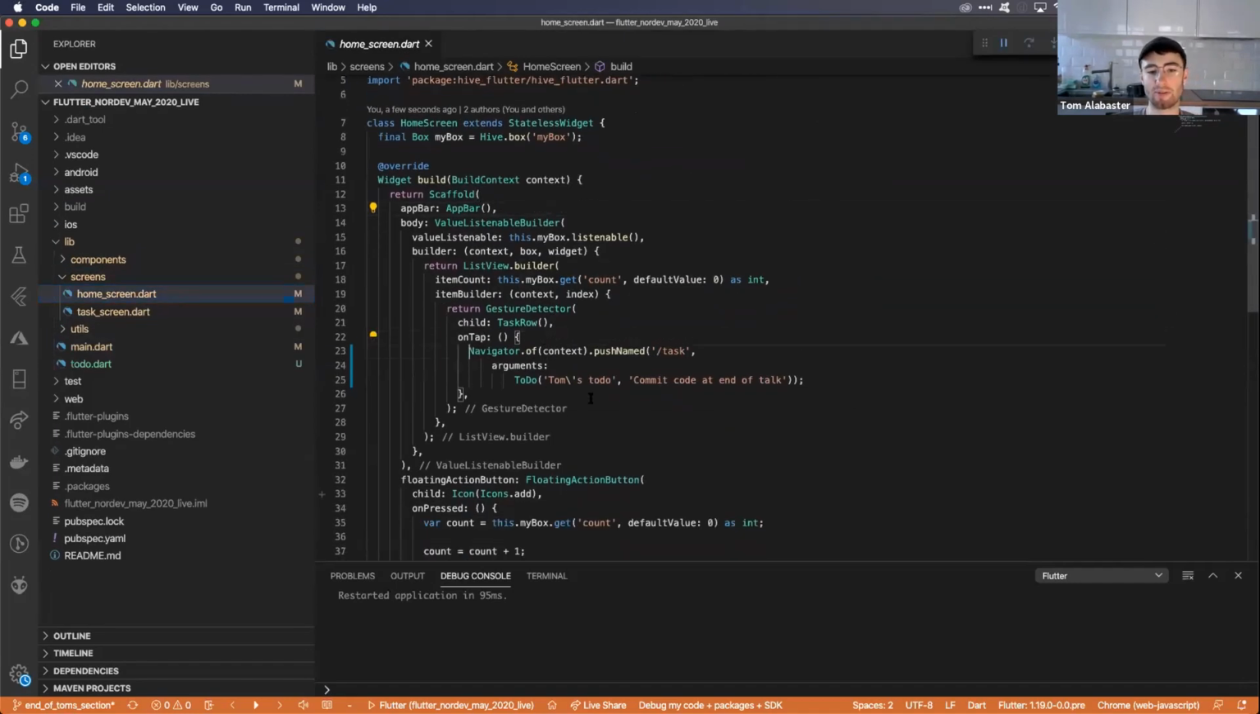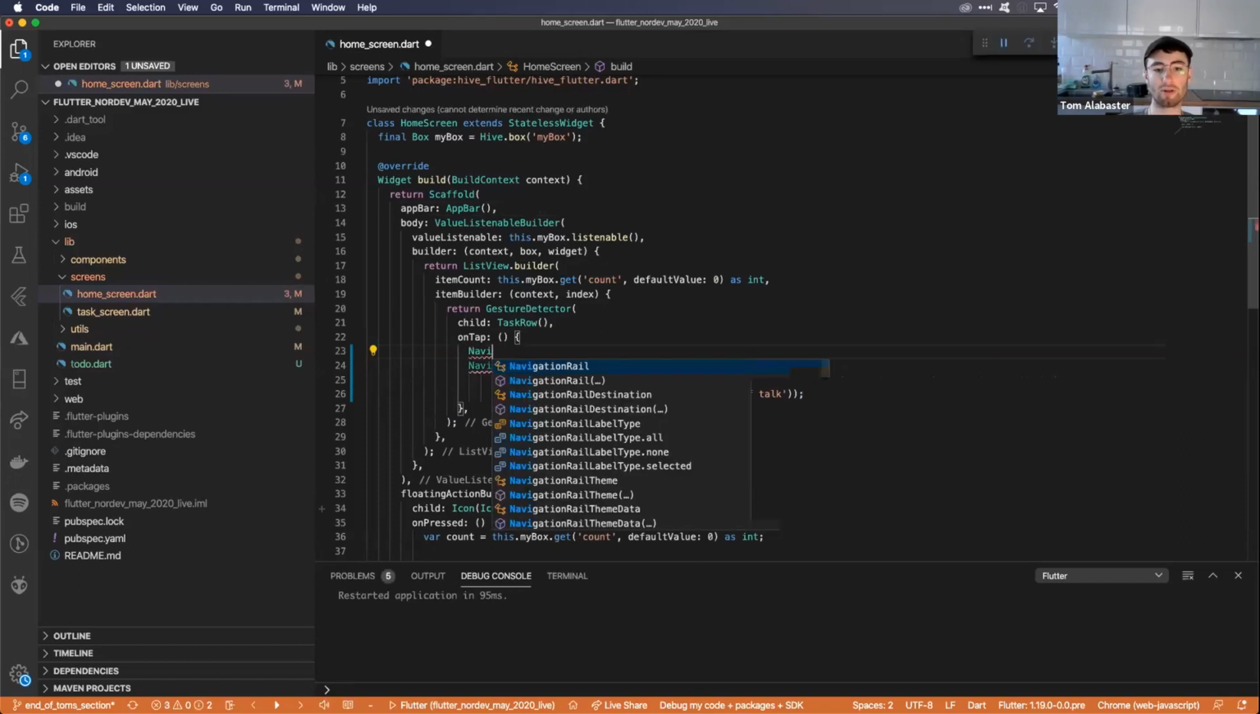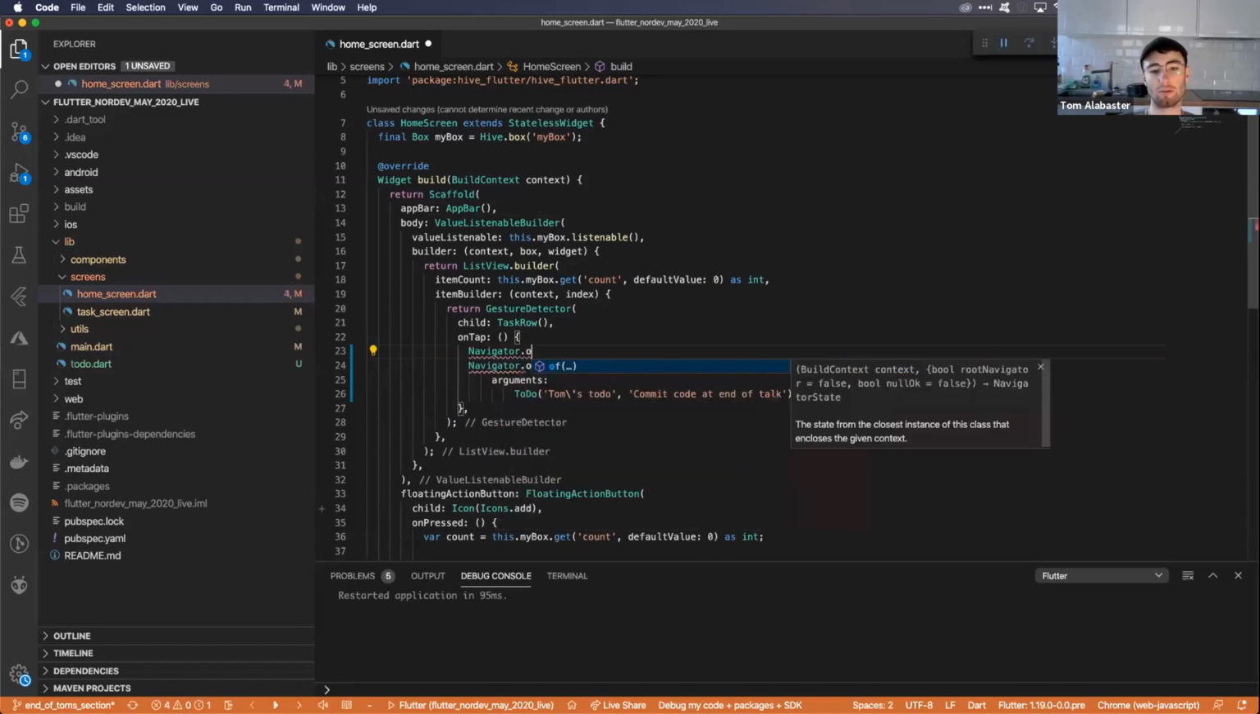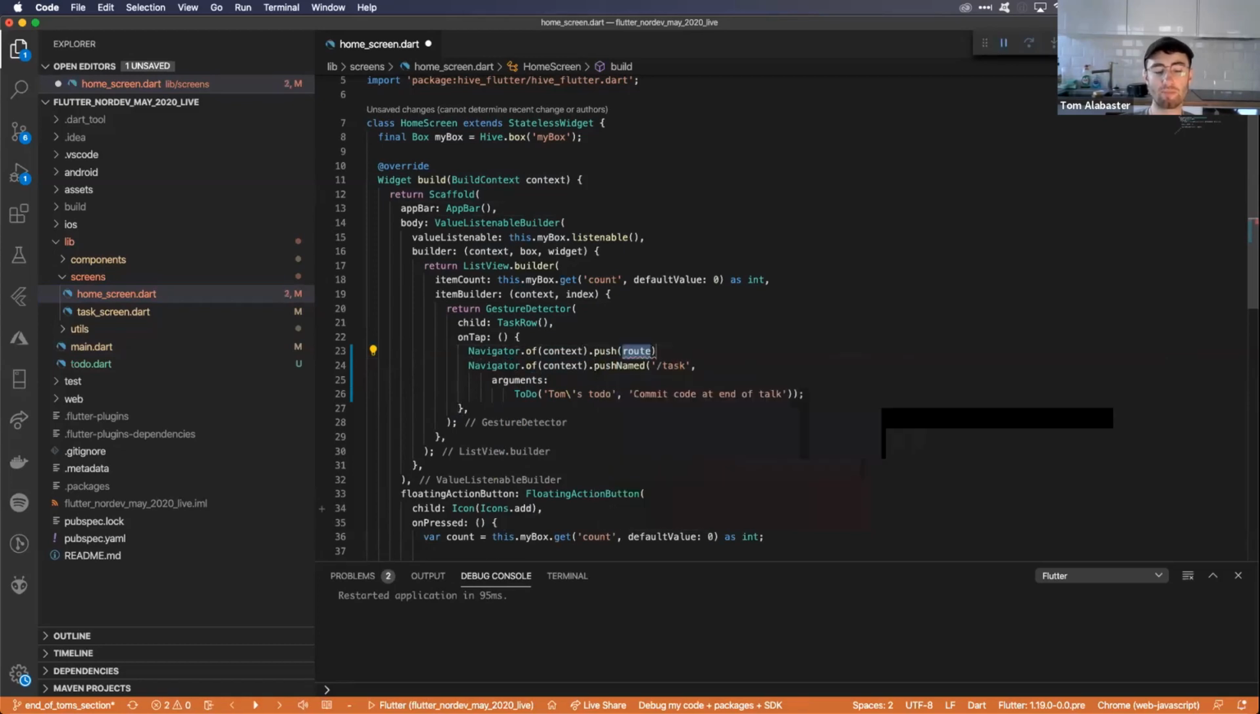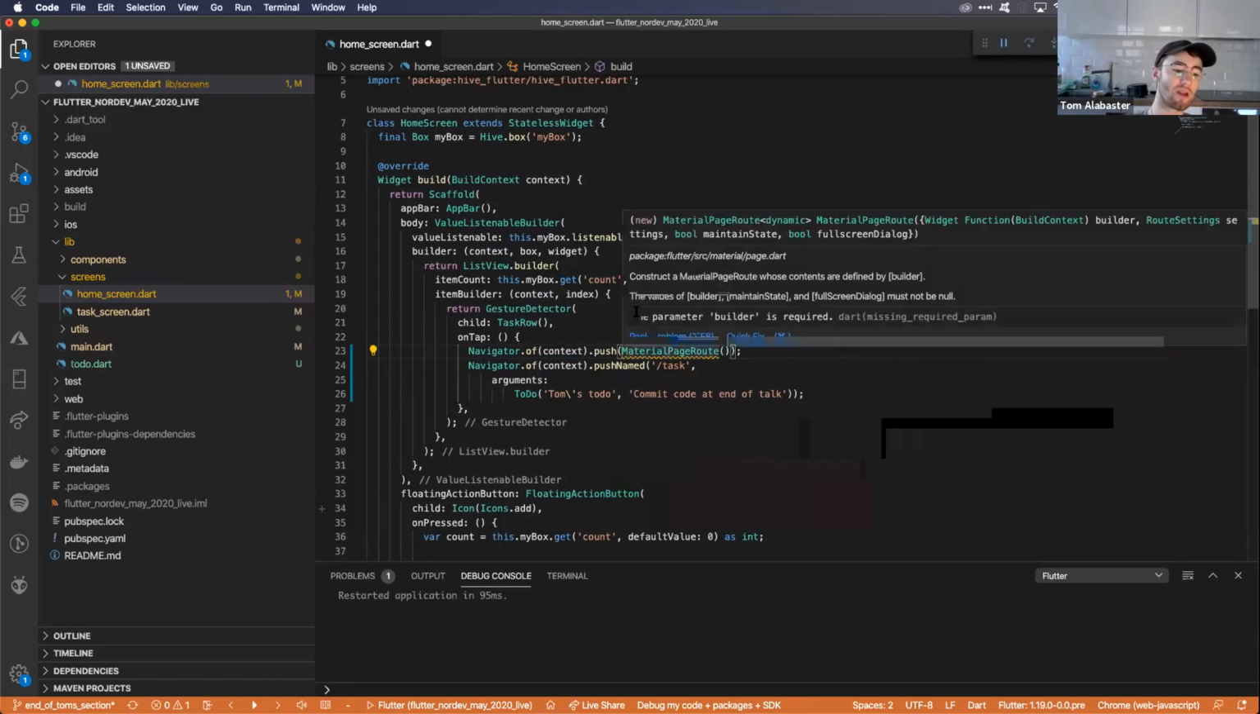So there's a couple of different ways that you can navigate between screens. We've used this method called pushNamed, but there's another one called Navigator.of.push. I kind of refer to these as on-the-fly routes, and that's the best way to describe a route. A route describes the transition between a navigatable screen or an overlay,